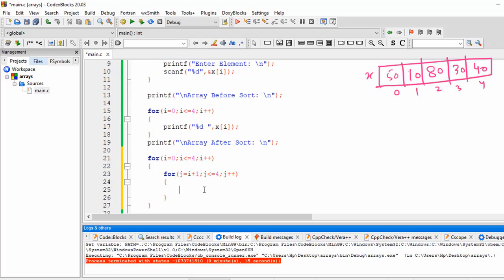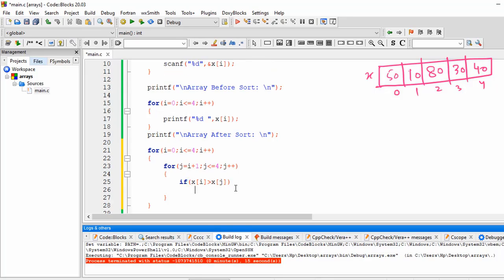Then I have to see if the value at the 0th position, we have to compare this with each and every element up to the last. This is traversing from the first element to the fourth element and comparing with this. So if I am comparing, we will write if x of i is greater than x of j. If x of i is greater than x of j, then in that case I have to swap both